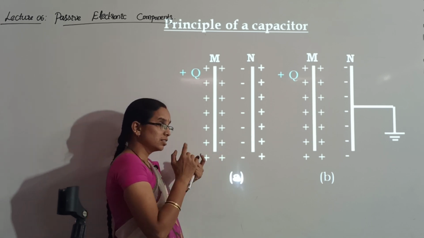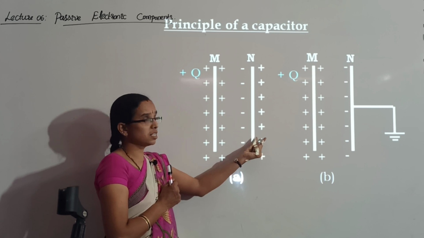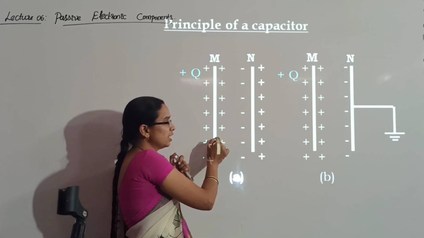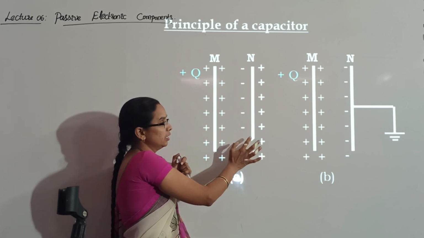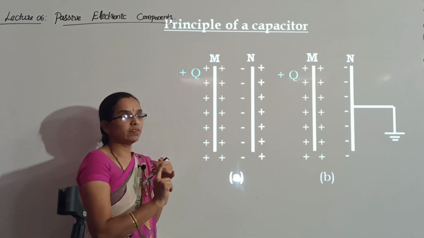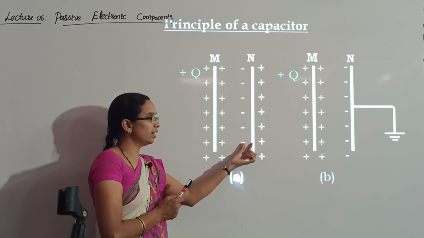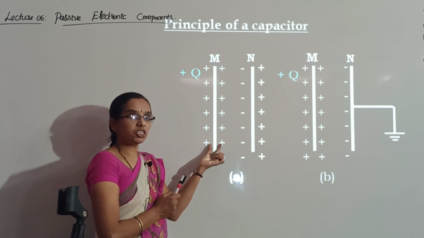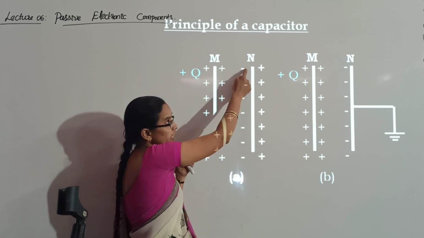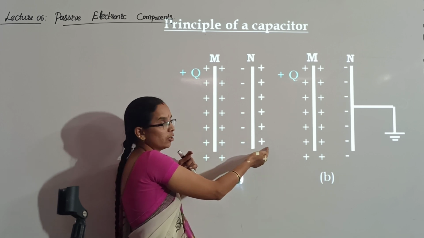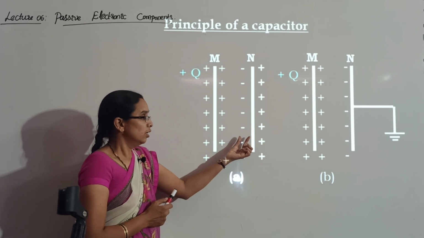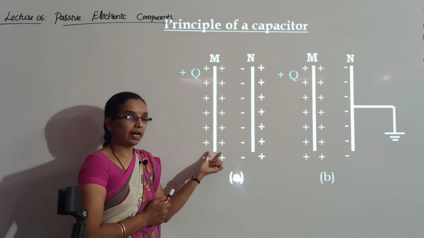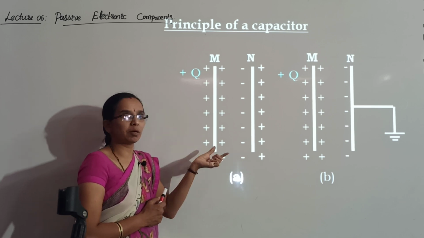On the other hand, the positive charges on plate M will be increasing the potential of plate M. Plate N is having equal numbers of positive and negative charges. Negative charges on plate N reduce the potential of plate M. Positive charges on plate M increase the potential of plate M. But the effect of negative charges is more than the effect of positive charges. So these negative charges on plate N reduce the potential of plate M, consequently increasing the capacitance of the capacitor.